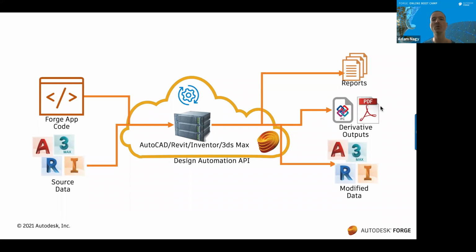And the actual process when you're running it is, so first of all, you have to make your data available, because when the design automation